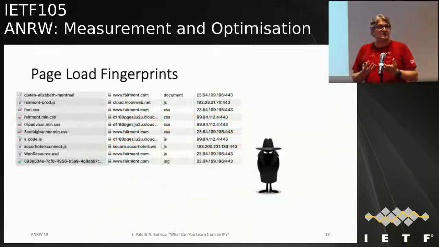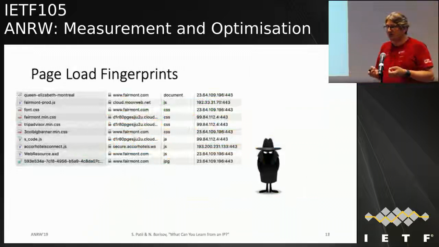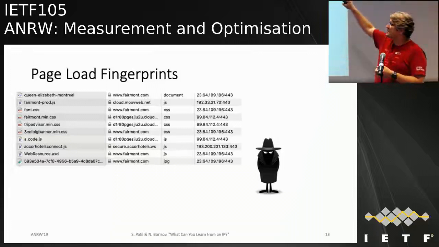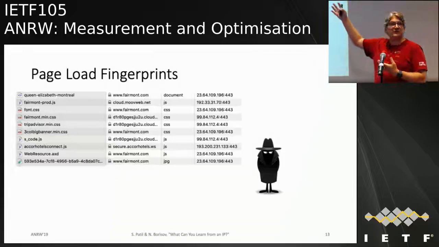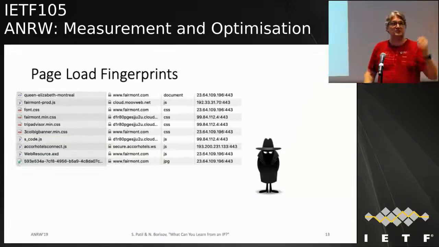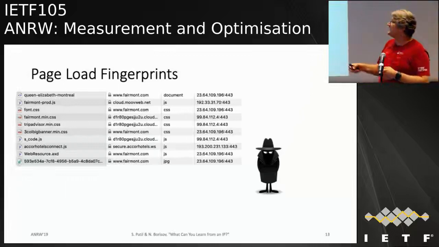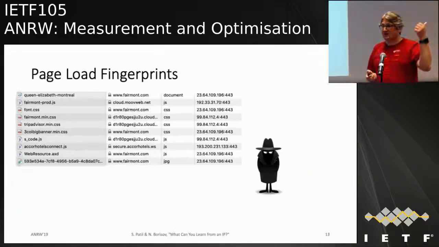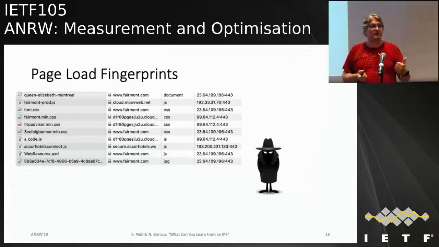What about the other 60% of the sites? Well, if you look at when somebody loads a website, they make a number of connections to a number of servers. So this is a fraction of a trace of loading the web page of the Fairmont Hotel, where we're at. You see that there are connections made to a bunch of different IP addresses corresponding to a bunch of different domains. An adversary does not see the URLs, does not see the domain names that are being